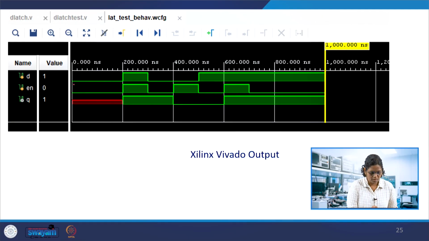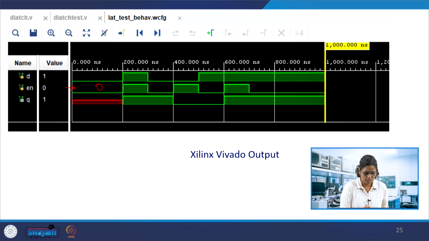The enable, there is no clock generation as I told you. So this is the enable signal. The enable signal is 0 for 100 nanoseconds, and in the first 100 nanoseconds we had this global reset as well. So the enable is made 1 here. You can see that we have not used the posedge of the clock or negedge of the clock, posedge of the D or posedge of the reset or negedge of this. This is level triggered. So whenever this enable is 1, what is the D?